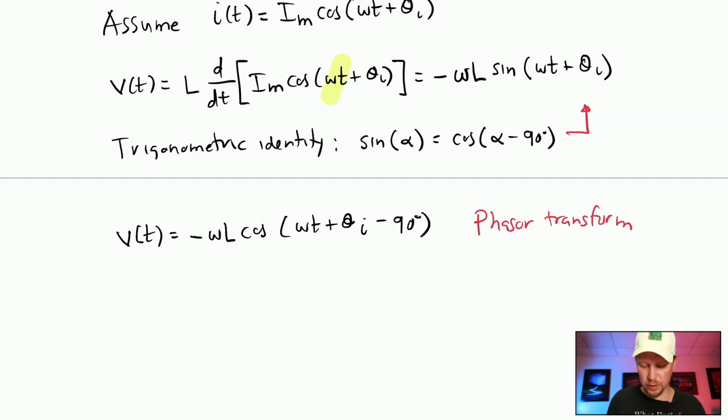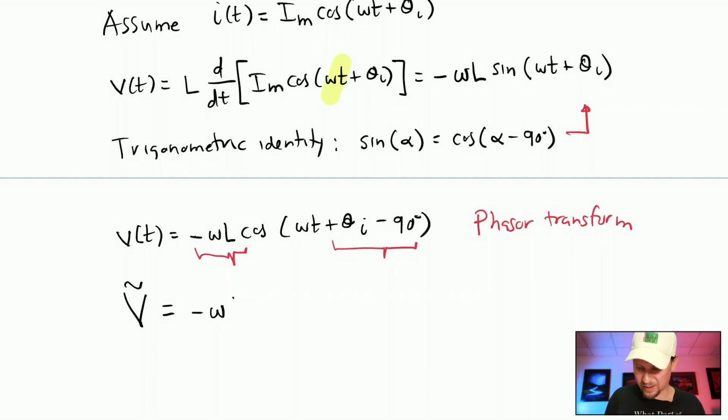And we're going to do this on both sides. Now, on the left-hand side, if you phasor transform the voltage as a function of time, well, that's just the phasor voltage. And the phasor transform of this portion, well, remember, here we're only going to take the magnitude for the phasor transform. So the magnitude is this part, and we're actually going to take the phase angle, which is this part. So I can rewrite this whole thing as the magnitude omega L, times